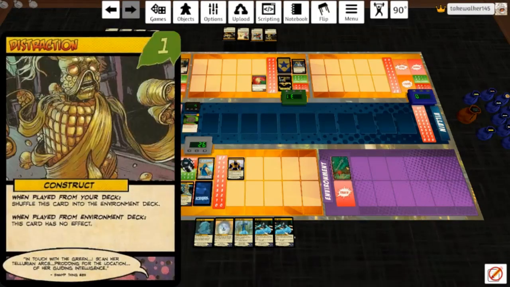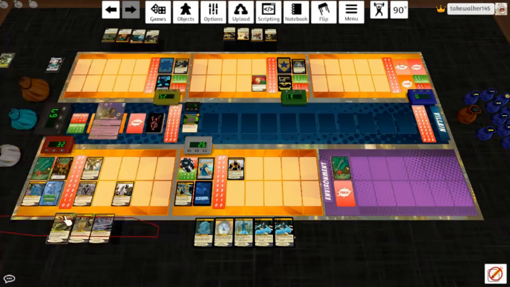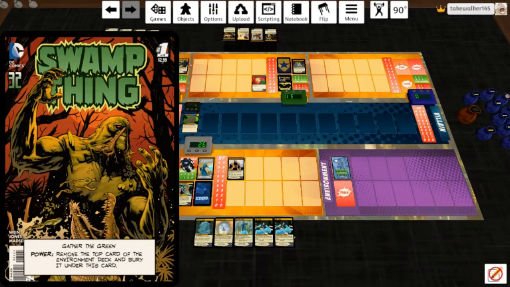Swamp Thing has Constructs. I guess we'll go ahead and start off with Environmental Threat. When played from your deck, shuffle this card into the environment deck. When it comes out of the environment deck, something else happens. And it's still on top. Good job. Now the weird thing is, remove the top card of the environment deck and bury it under this